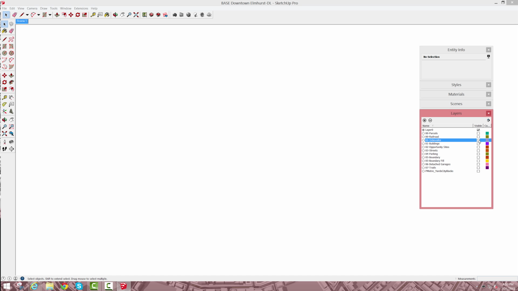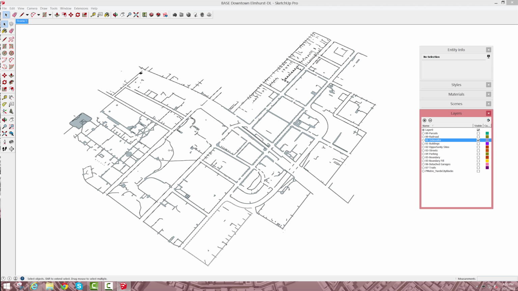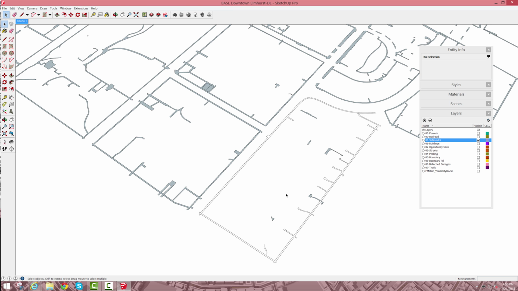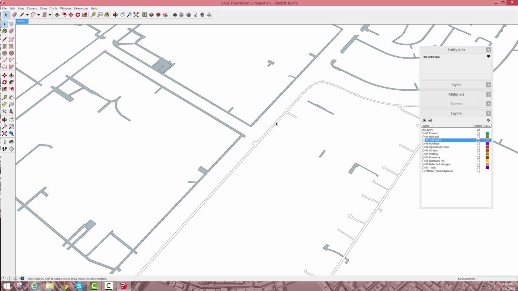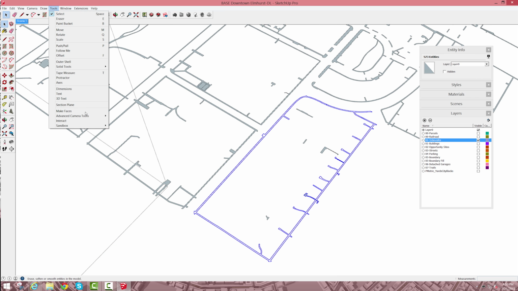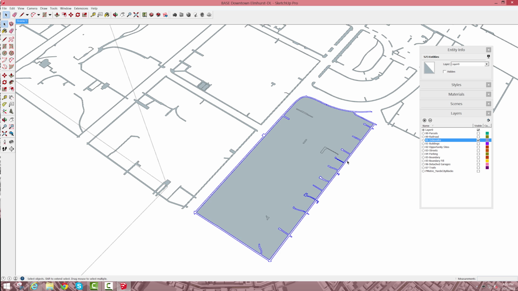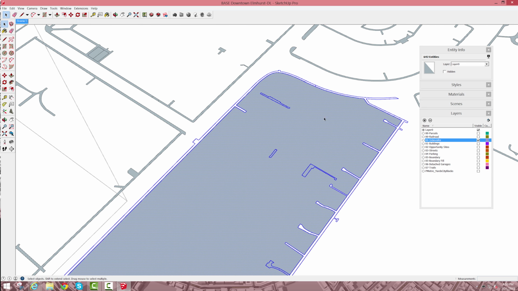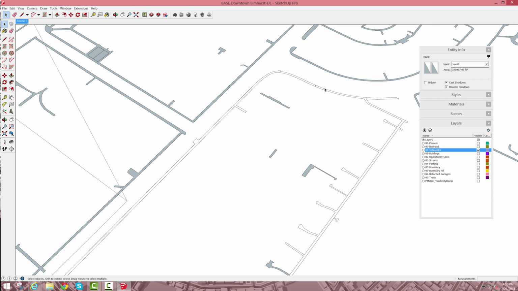One of the things I noticed as I was going through adding in the sidewalks, there's a couple things that are going to need a little more cleanup. So just to make faces got rid of, or helped a lot, but there's still a couple problems here. You can see on this one right here, if I do make faces, it's just making the interior face and it's leaving our sidewalk sort of empty. So that's not the face we're looking for. So I'm just going to go ahead and delete this face,